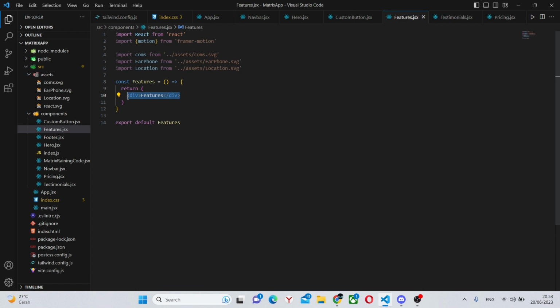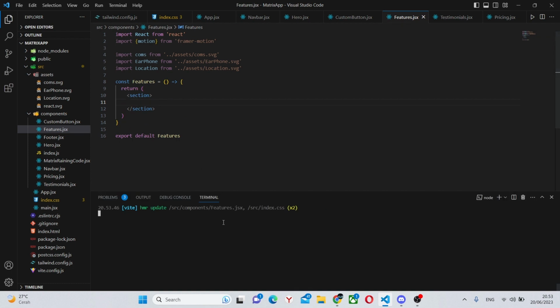Next, in here we can make it a section. Also, we can stop the terminal from running and install something. npm install react-intersection-observer.